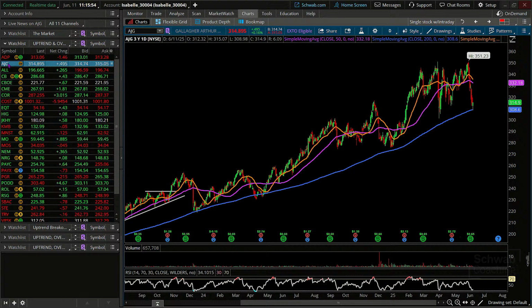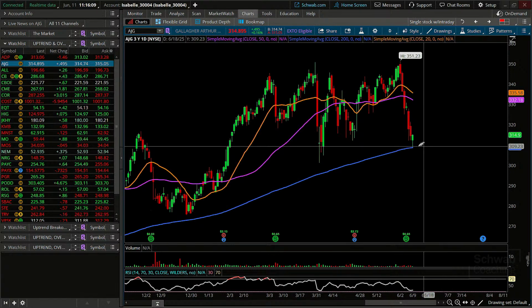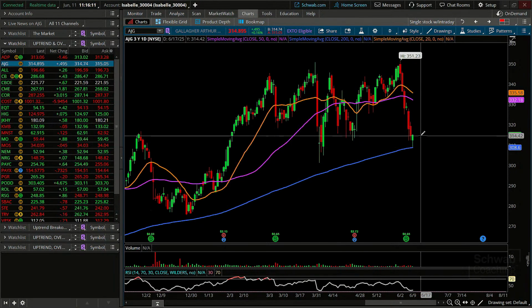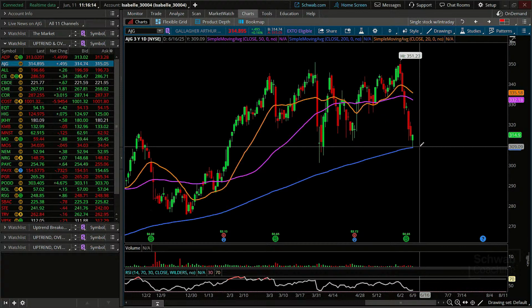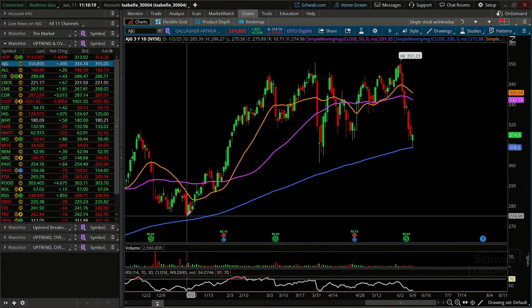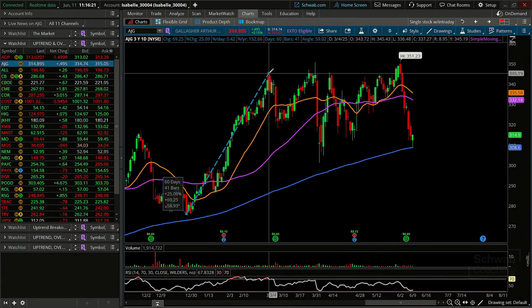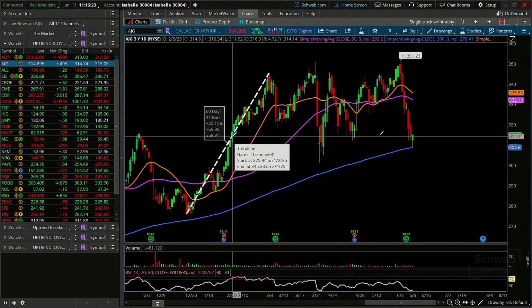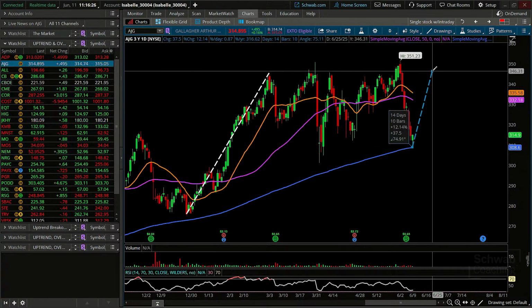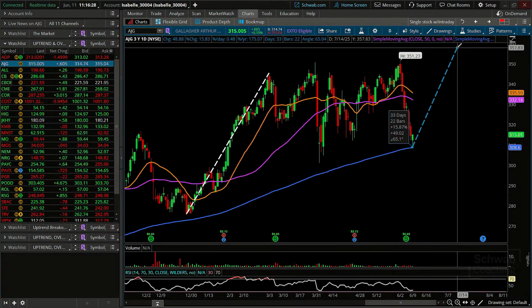So here is Gallagher Arthur, AJG. Interesting spot for some traders, right? It's tagged the 200-day moving average today. Doesn't mean it has to hold, but when you notice that it has not only traded to the 200-day but bounced off the 200-day, some might say, hey, I think that's an excellent chance. The last time we were close to the 200-day, the stock pushed and rallied 25%. What would that look like from here if I could rally 25%? It would look a heck of a lot higher.